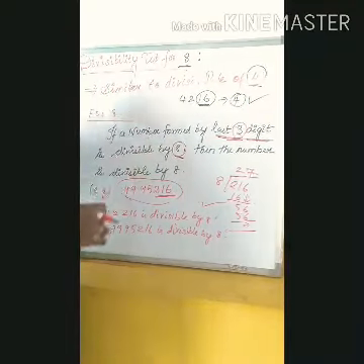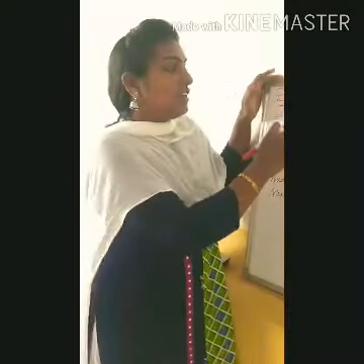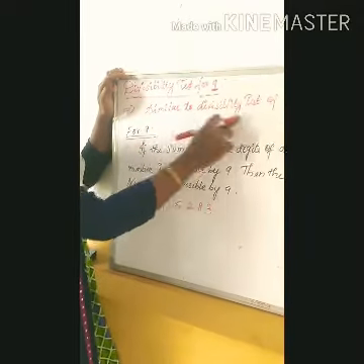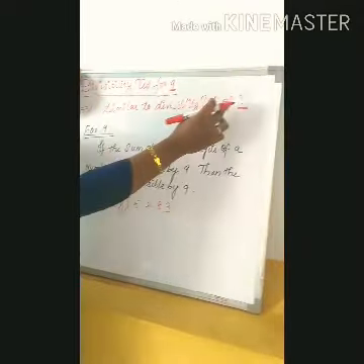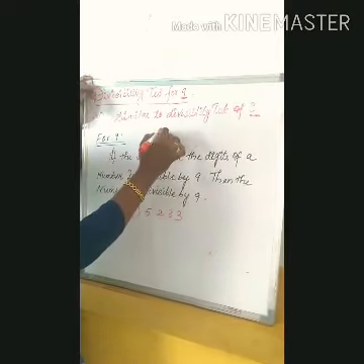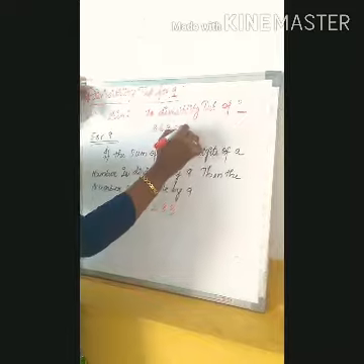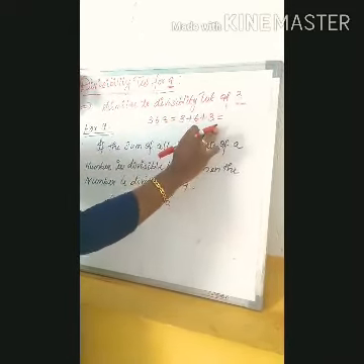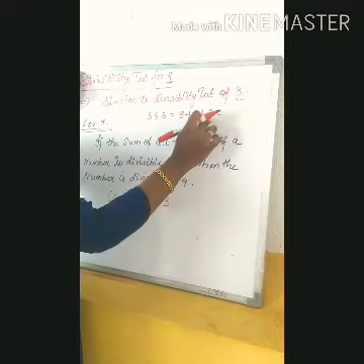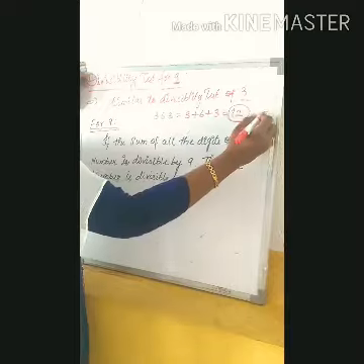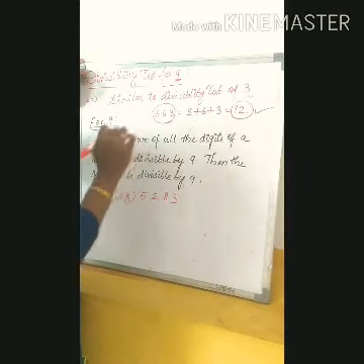Okay. Next we will see the divisibility test for 9. This divisibility test for 9 is similar to the divisibility test for 3. What do we do in the divisibility test for 3? We sum all the digits. Suppose we have 3, 6, 3. We sum up all the digits and check whether the sum is divisible by 3. So 3 plus 6 plus 3 is 12. Here this sum is divisible by 3. So the whole number is divisible by 3.